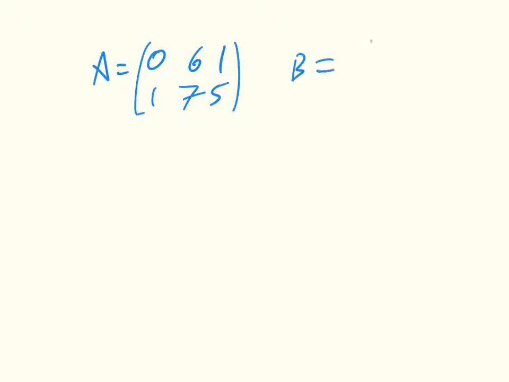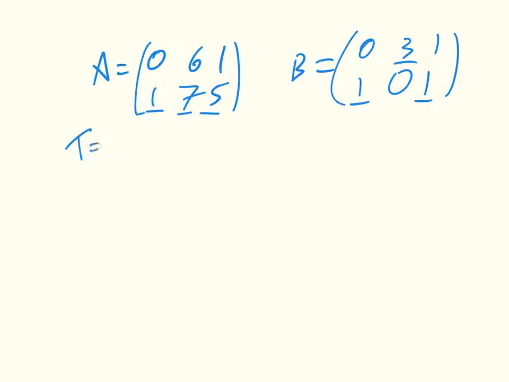So when we have a repeated game, for example, if we had A to be 0, 6, 1, 1, 7, 5, and B to be 0, 3, 1, 1, 1, 0, and we have identified the best responses of the stage game, and let's say we're repeating this twice, so our repeated game is that, but we have the stage game and we identified two Nash equilibria. So 0, 1 and 1, 0, 0,